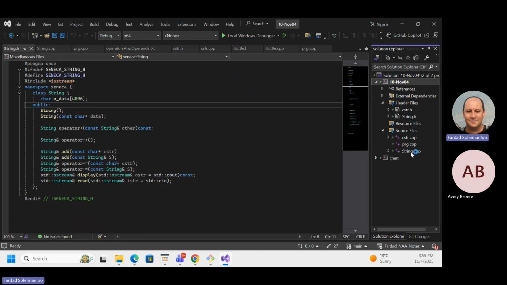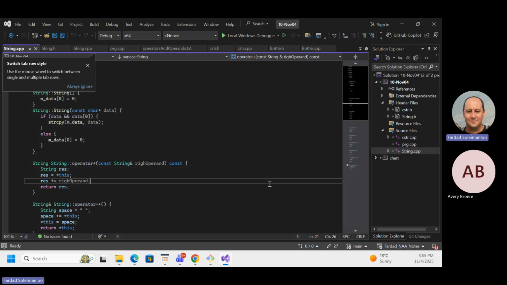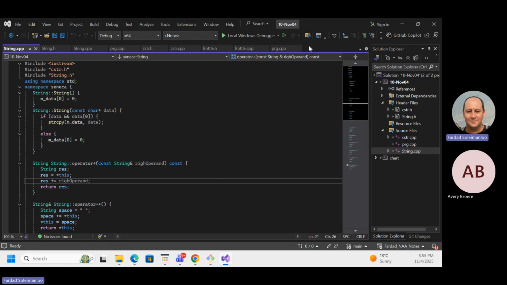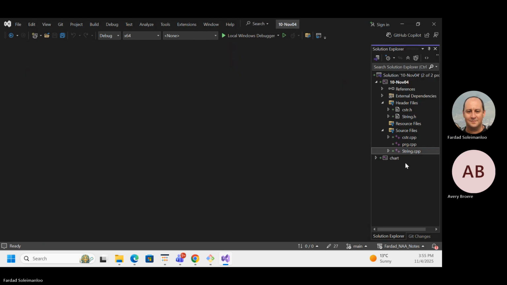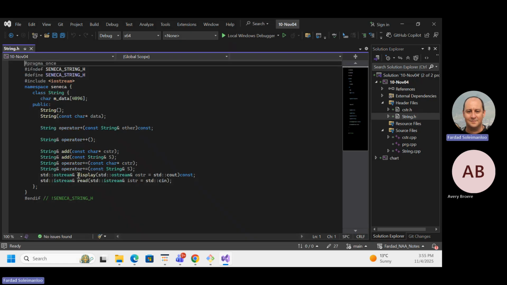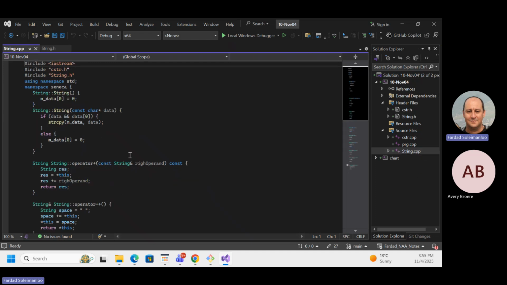Let me take a look at the code and see what can stay and what can go. Let's close all the tabs and start with these. I have string.h, the constructor, and I do not have a destructor in string.cpp. I'm just looking at the code quickly to see what we have.